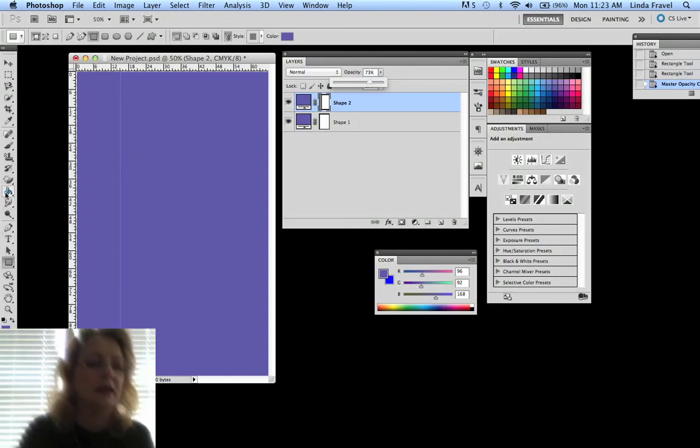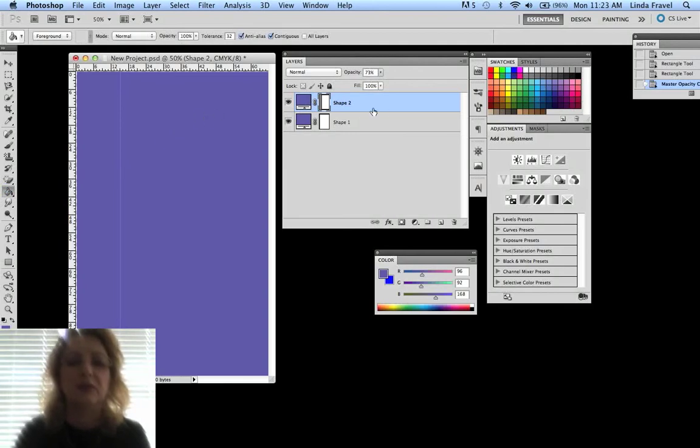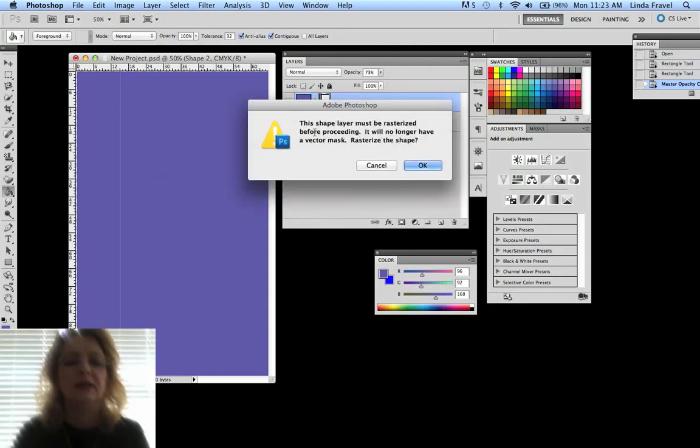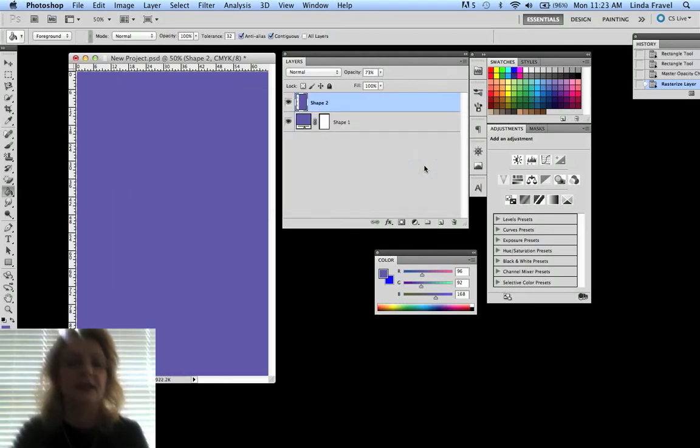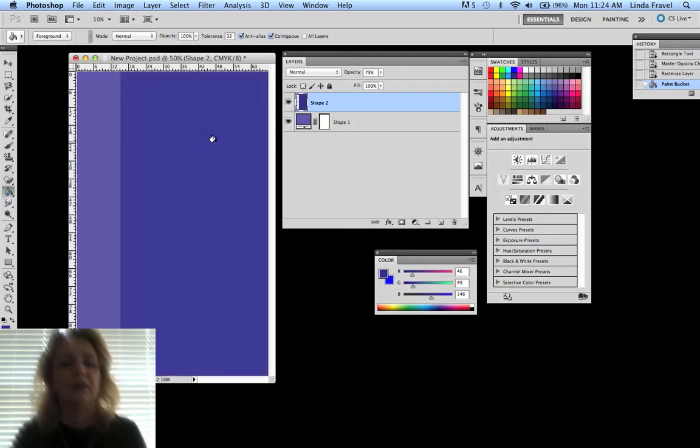See the fill bucket? I'm going to change the fill in shape 2, and it's going to yell at me. It's going to say you can't change the fill until you've rasterized the shape. Do you want to rasterize it? Yes, I do. So that is what I've done with shape 2, and I'm going to change the color tone. I'm going to change it here. I'm going to get the little paint bucket and bucket it in. There we go. The third shape, I'm going to take the same